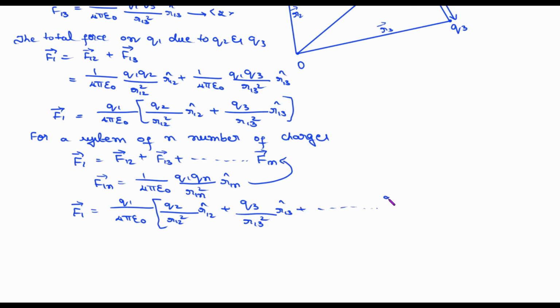nth term add ಮಾಡೋಣ. Qn divided by R1n square R1n cap. Okay, now we have to generalize it. To make this equation shorter I'll write Q1 divided by 4 pi epsilon naught. I am going to sum all the terms till the nth term. So summation of I is equal to 2. These terms are starting from 2, 3. So nth term is also here I. So I is equal to 2 to